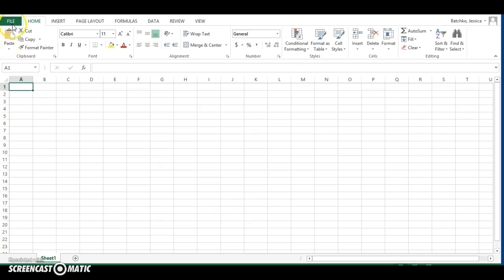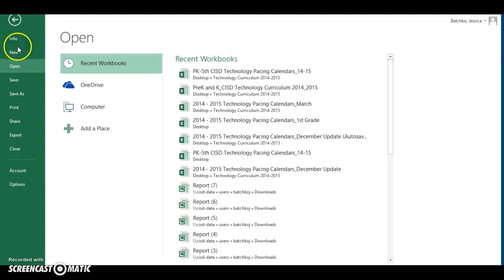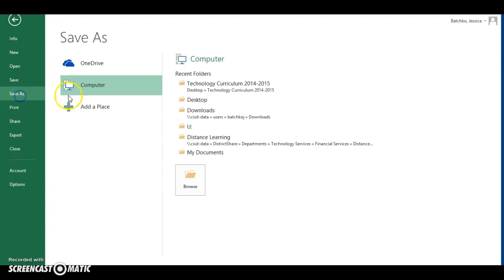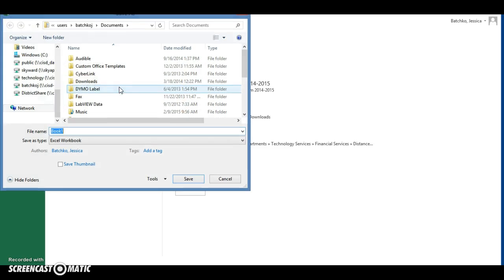So what you want to do is you want to find the word File, and you're going to do a Save As. You're going to select Computer. And then off to the left, you should see something that's your last name and first name. Now mine's just Batchko J, but you should have your last name and your first name, and I want you